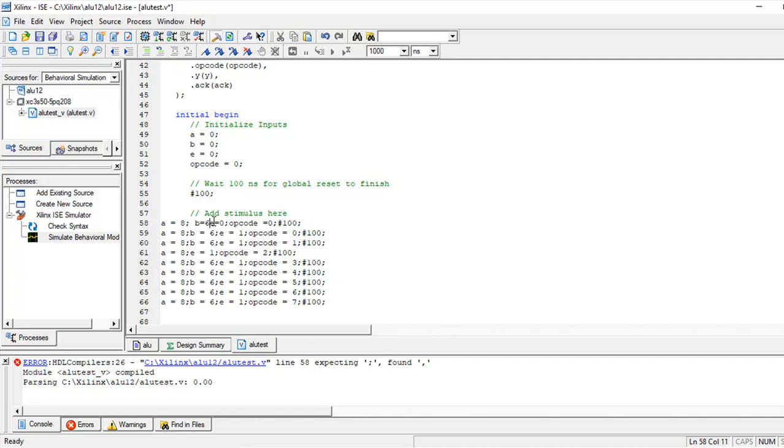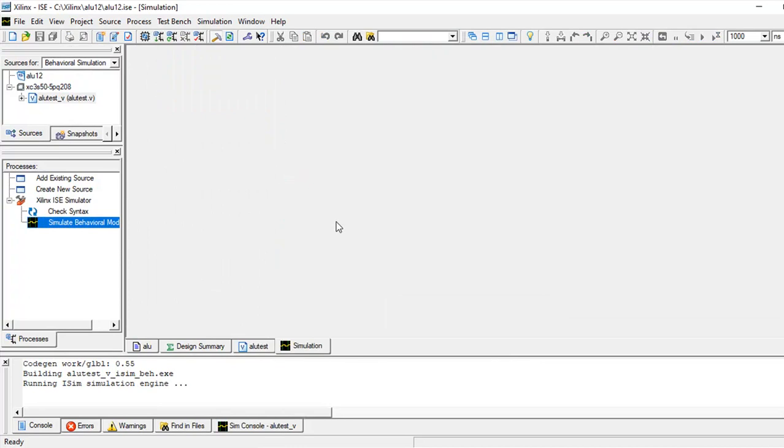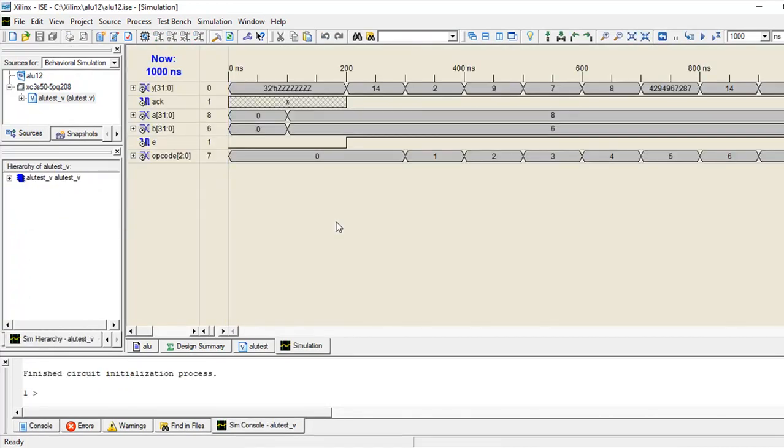Here I wrote a semicolon. Again, save, select your file, double click on simulate behavioral model. Once you double click on the simulate behavioral model, you can check the output.